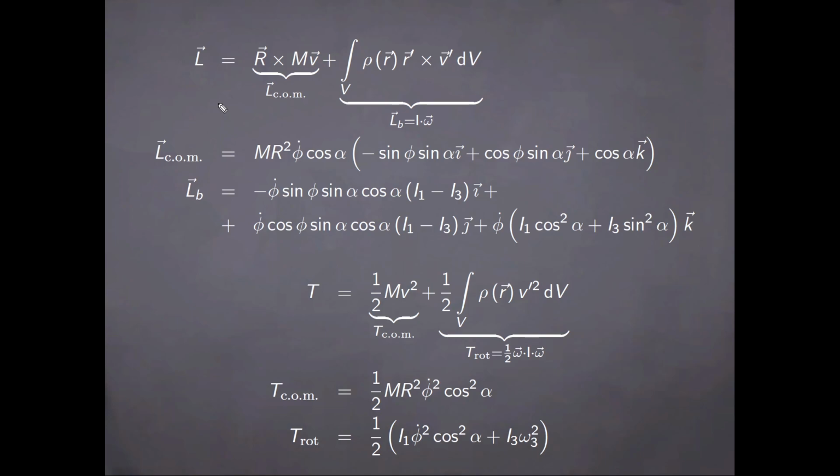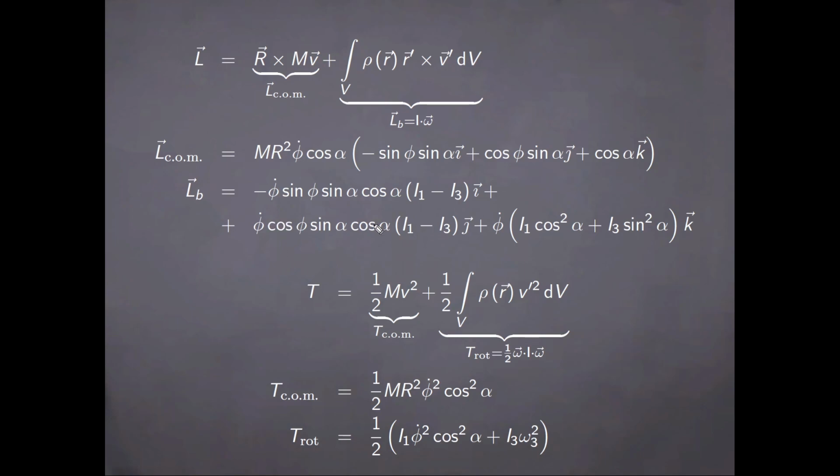So then the angular momentum separates into the motion of the center of mass and that of the mass distribution of the cone above the center of mass. The calculations are straightforward, but you need to be very careful not to make mistakes when doing all the involved transformations and so forth. Hopefully I've managed to write them correctly, so they should have the expressions here, where of course you can,